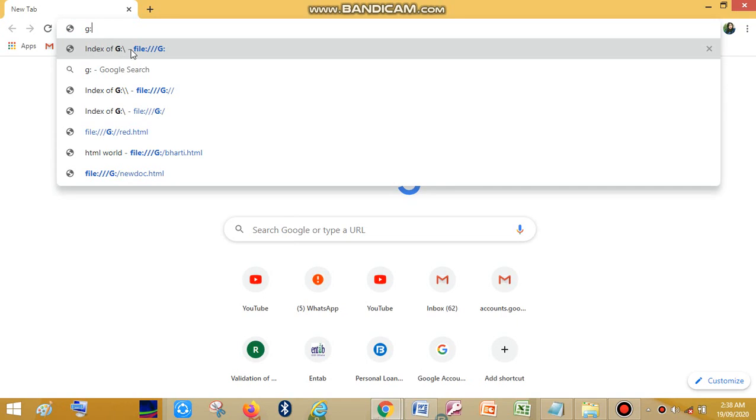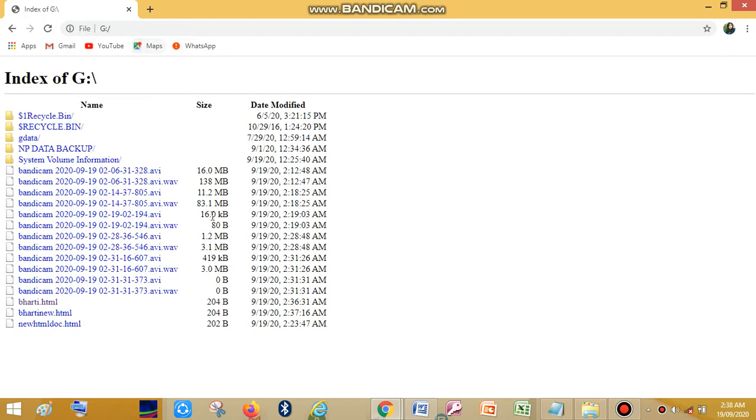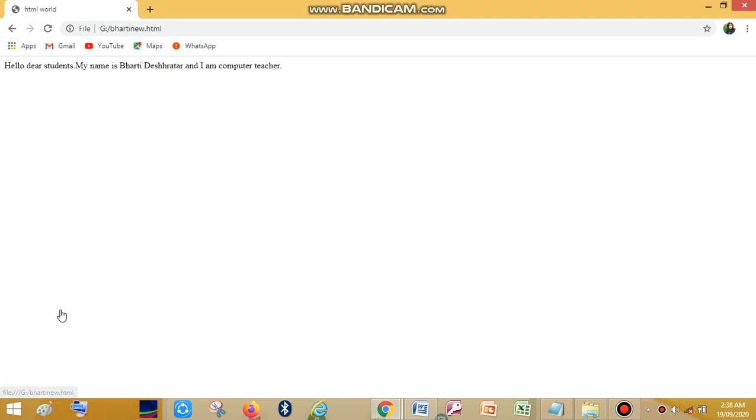So click on that. All the files of G drive will be opened. In those files, you need to search the name of your HTML document, like Bharti new HTML.